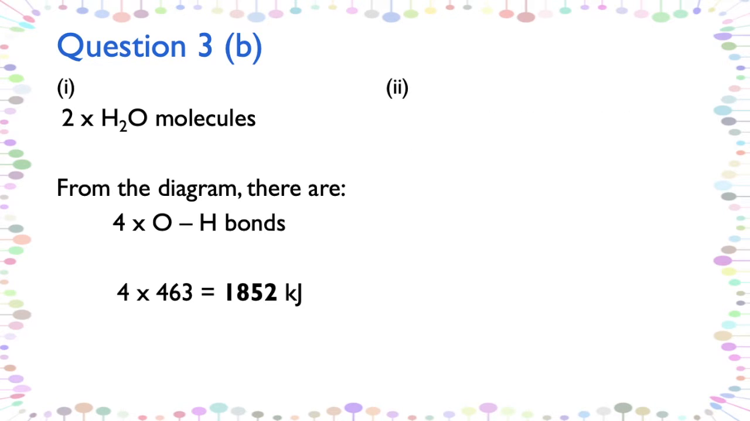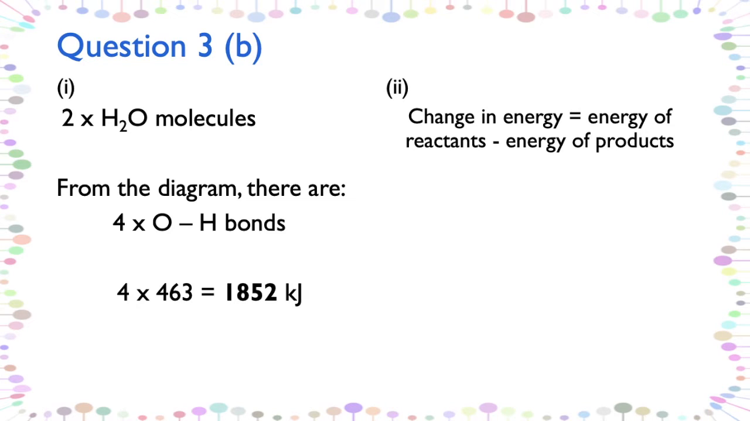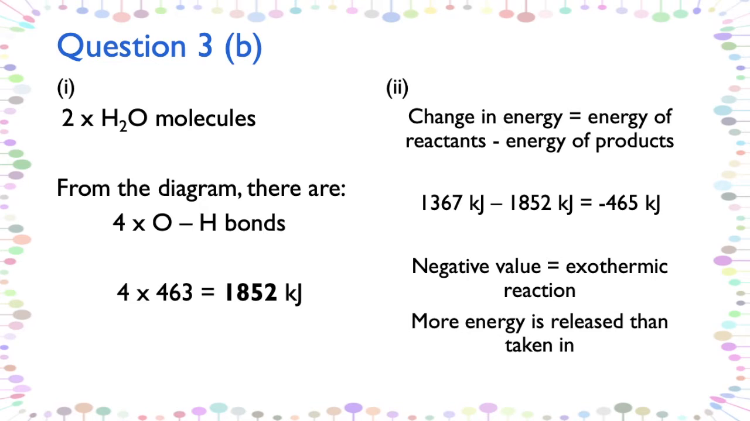in the product. Then for question II, we need to use the information to explain why the overall reaction is exothermic. So the energy change is the energy of reactants minus the energy of the product. So the energy of the reactant was 1,367 kilojoules, and that was stated in the question, and the energy of the product was 1,852 kilojoules, which we just previously worked out. And this equals negative 465 kilojoules. As you can see here, it's a negative value, and negative values mean exothermic reactions. And every time you say exothermic reactions, you should always say this means that more energy is released than taken